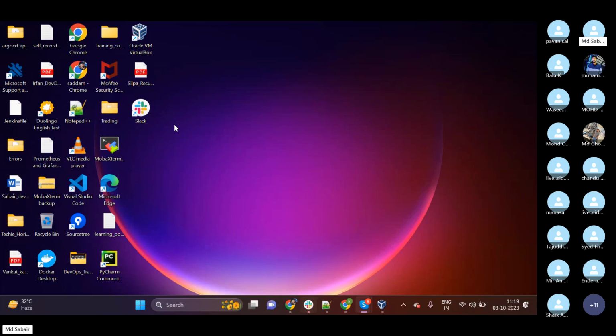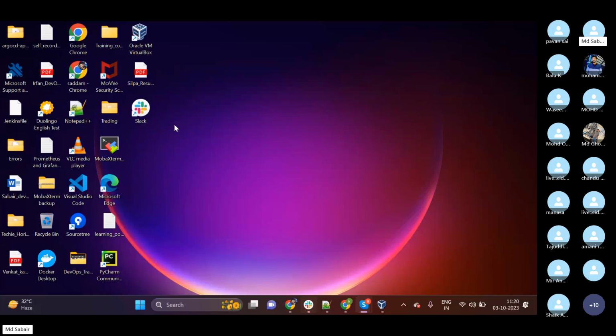Earlier, there was no cloud infrastructure, so we used to purchase the hardware: CPU, RAM, memory. I used to install a Linux operating system on one machine, and for Ubuntu, I used to install Ubuntu. So we need to purchase two different infrastructures. If that project is completed after one year, the hardware will be of no use for us.